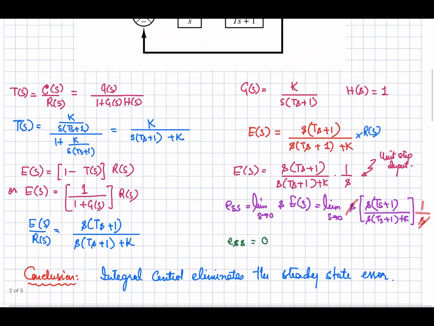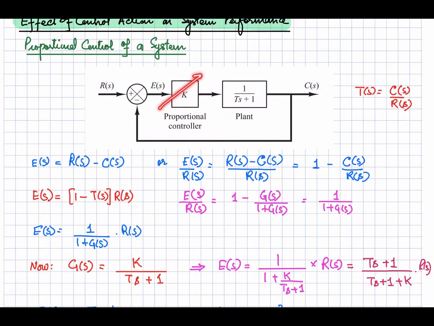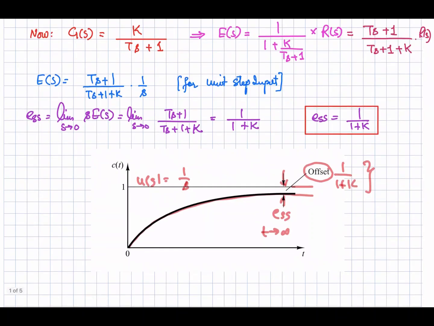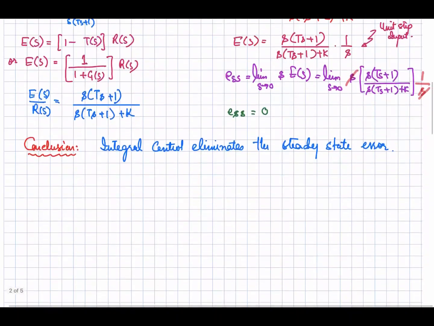So here you can see that when we introduce the proportional controller, that was over here, there will be a steady state error equal to 1 over 1 plus K, where K is the proportional gain. But if we introduce the integral controller, the steady state error will become 0. So by the introduction of the integrator for a type 0 system, the steady state error can be reduced. Similarly for higher order systems, we have already discussed in the previous video that if we introduce the pole at the 0, what will be the impact on the steady state error of the system response.